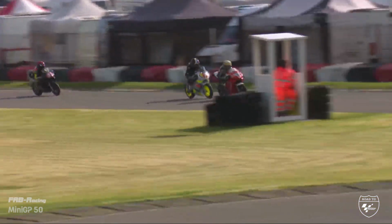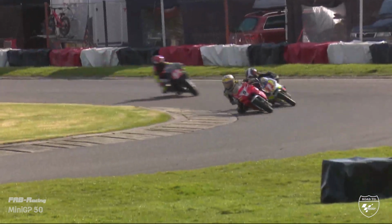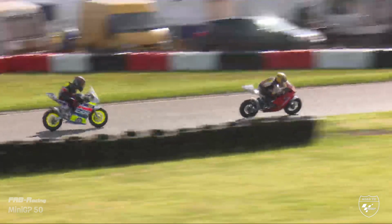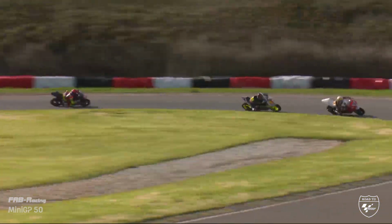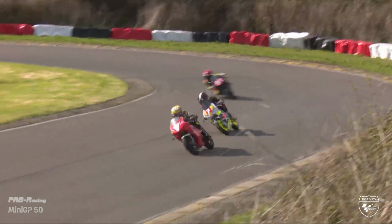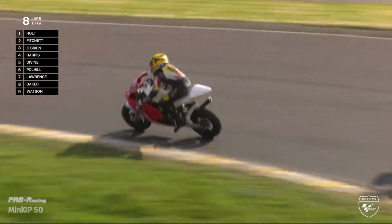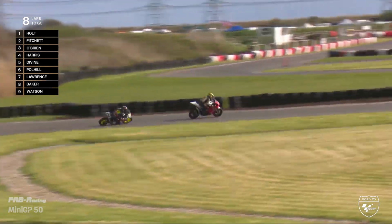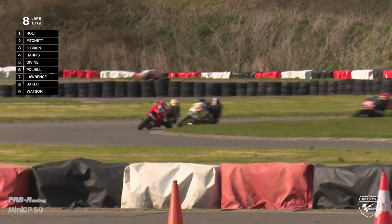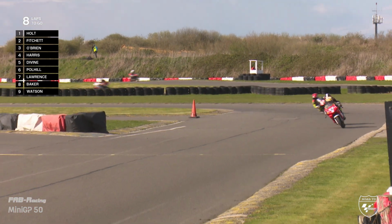And Luke Fitchett seems to have all the cards close to his chest at the moment. Yeah, he certainly is. Luke Fitchett is just learning where Marco Holt is weaker than him, so he can try and get past. Marco Holt's set the fastest lap last time round, but there was nothing in it, with less than 10,000ths of a second between first and second. As we wait to come round for where he made the opportunity to overtake last time round,